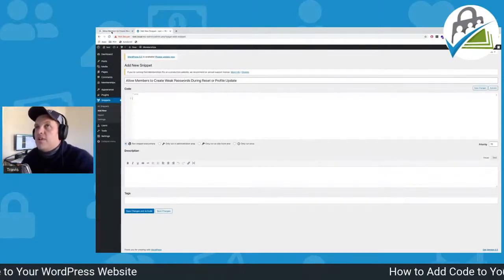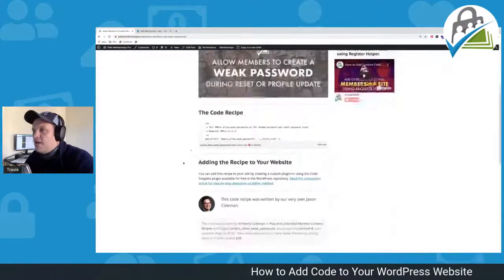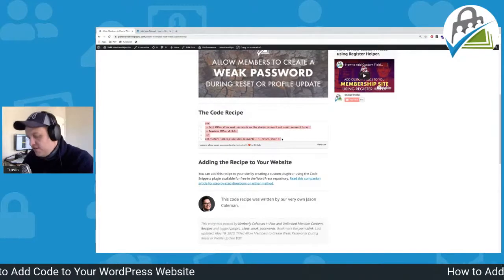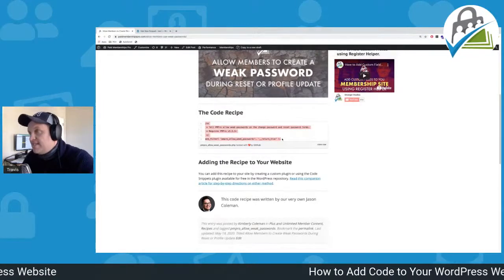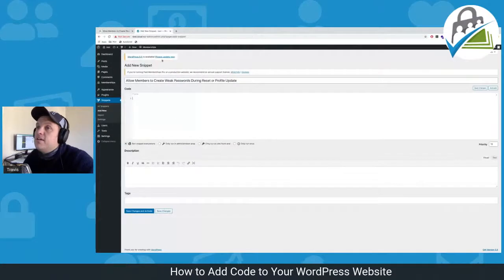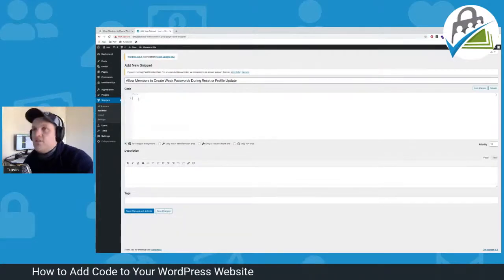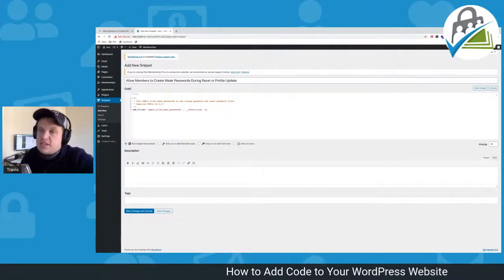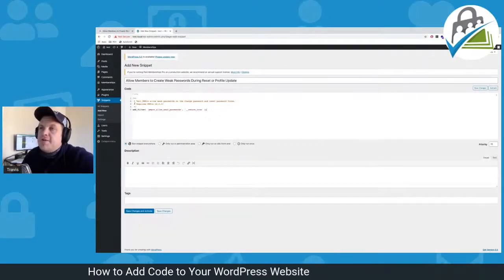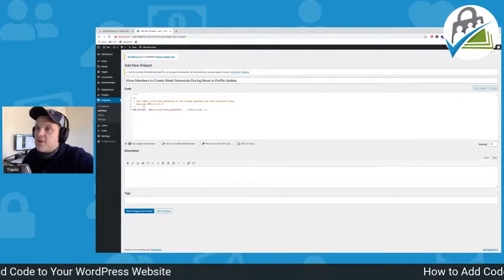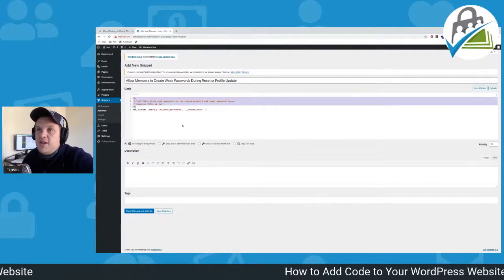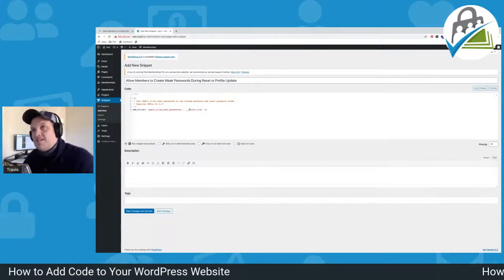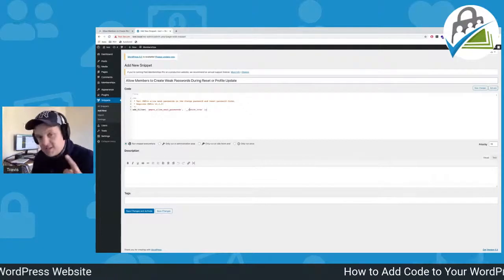Then all you really need to do is go over here by the code recipe section, highlight this code, and hit Command C on my Mac, that's Control C if you're using a PC. And we paste it into the code section. So that's pretty quick and easy. I'm not going to dive too deep into this code. As I mentioned, over here we have a comment, and here we have a filter. So this code recipe is essentially going to allow us to,